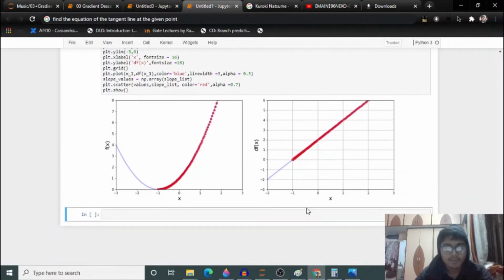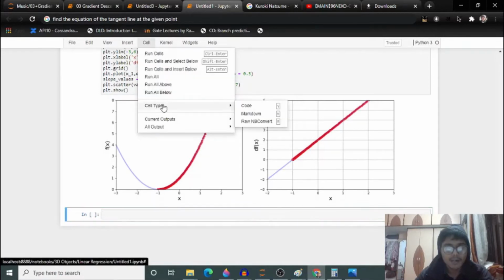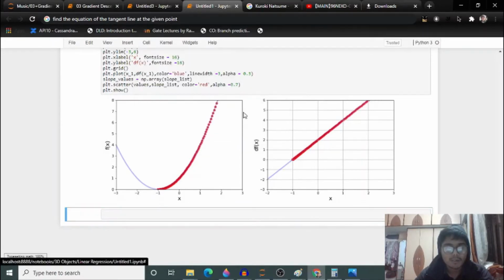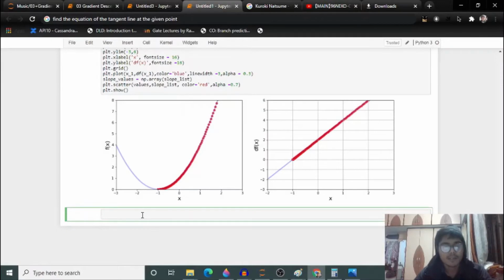First we will put a title here. We will change its type to markdown, so we can put a good title. So you will see what we are going to do today. Today's topic is multiple minima